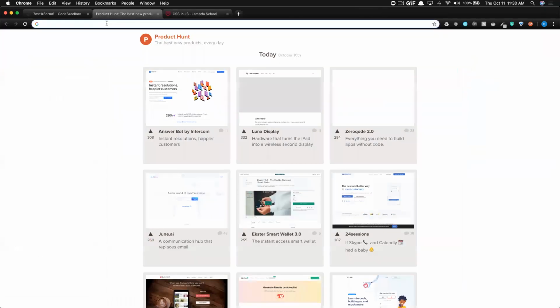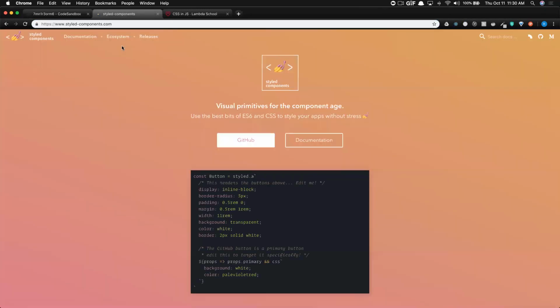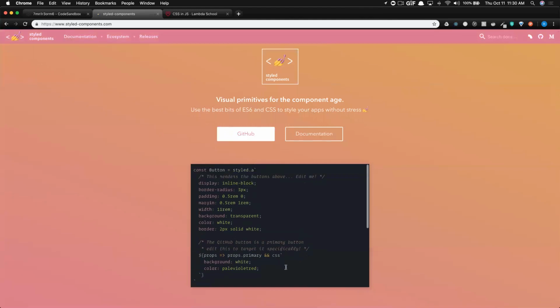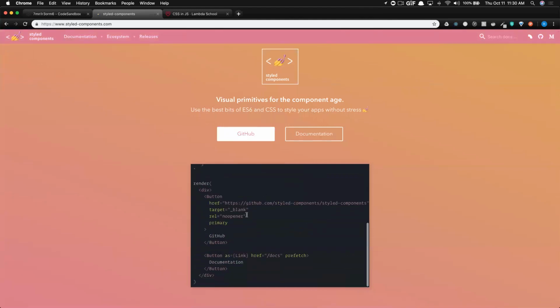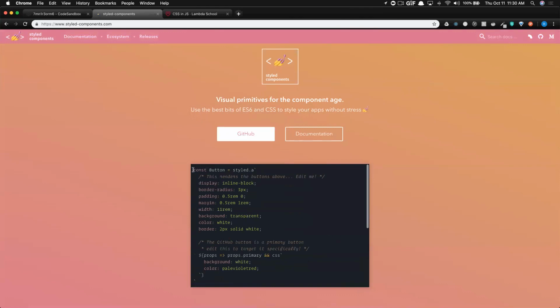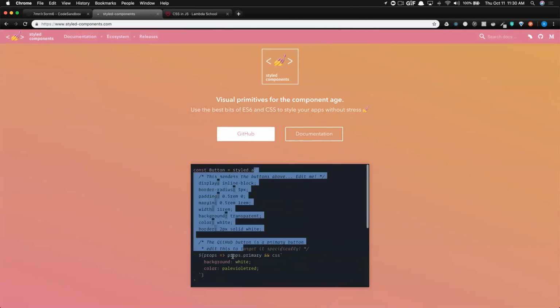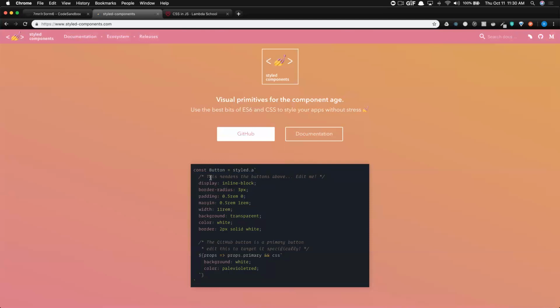But let's go over to styled components. So you can see the beautiful documentation, which was built using styled components, and how it's laid out. So notice they have really fun examples that you can go and play around with. So right here, just look at this button. And I bet you didn't know that you can actually invoke a function with a template string. So it just needs to know that everything in the string will get parsed and serialized the right way. That's an ES7-ish feature. I don't remember when it came out, but you can actually invoke a